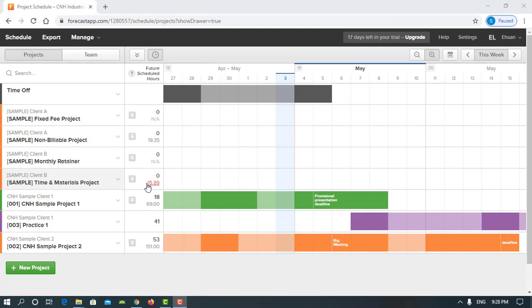And I have these numbers here, as you can see. When it is red, it means that if the project is based on the total project hours, you are surpassing the total project hours. If you want to check in a better way, you only have to click on this,